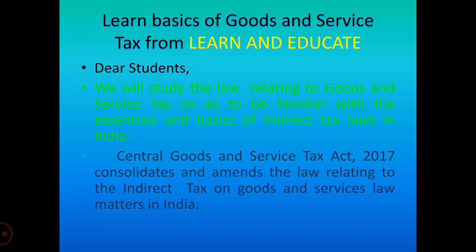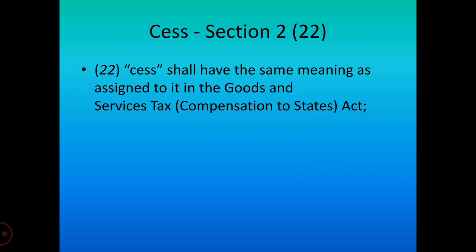Continuing that series, now under Section 2 clause 22, Cess, defined under the Central Goods and Service Tax Act 2017. Cess means the cess which has been assigned to it under the Goods and Service Tax Compensation to States Act 2017. Under this, there shall be levied a cess on such intrastate supply of goods or services or both, which has been provided in Section 9 of the Central Goods and Service Tax Act 2017, and